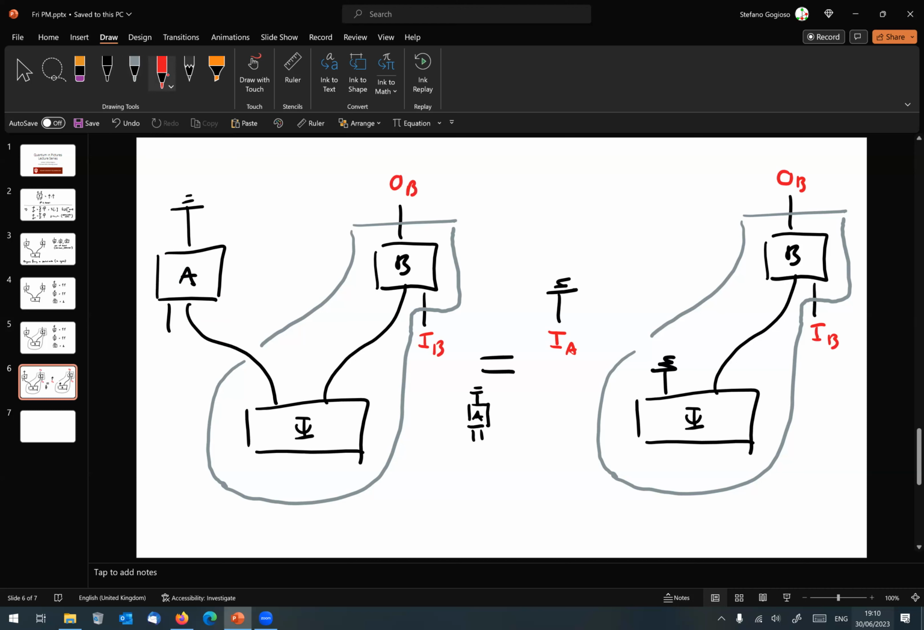So the output of B does not depend on the input of A. This is no signaling. It's the equivalent of a no signaling scenario. So there is no connection. No signaling. They factor. And so I obtain that in this process, the input of A is discarded, and it's important that